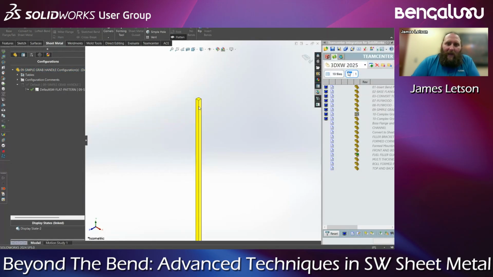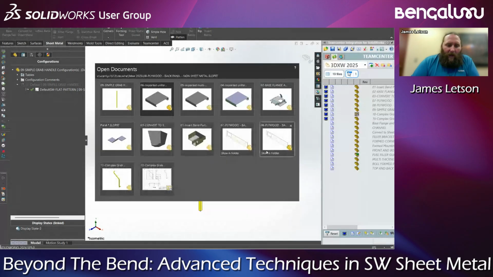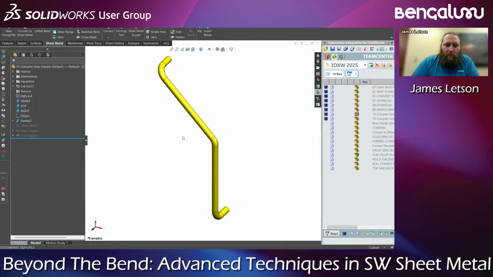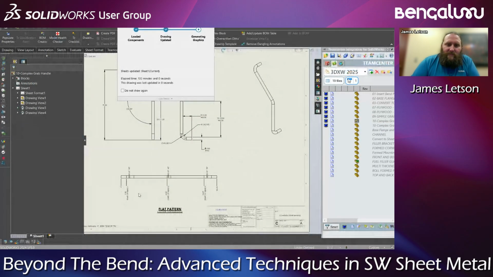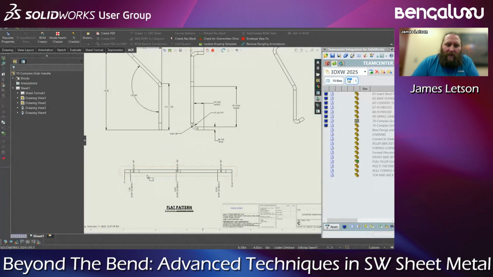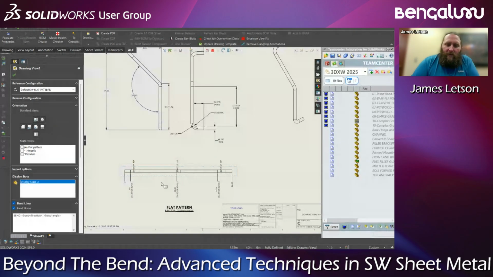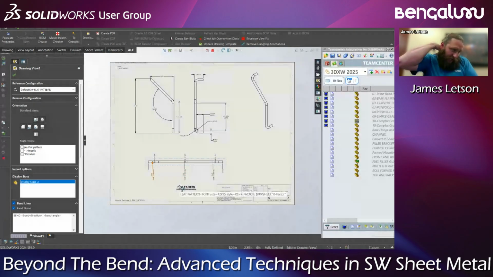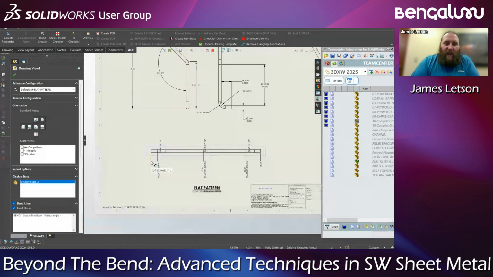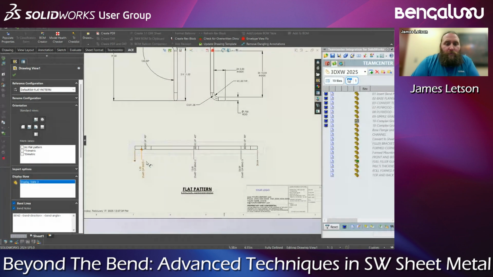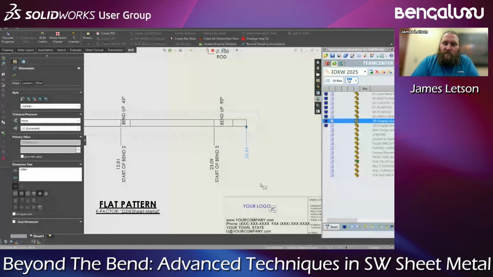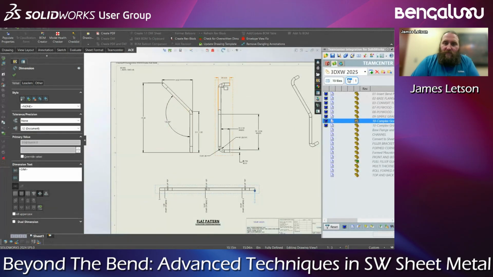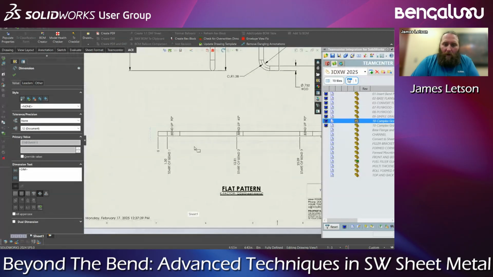Let's actually use this one because I have a print for it. When I get into the print, you can see I can put a flat pattern piece on the print. That way I can tell my fab shop the information they need to bend this. So now I can tell them, okay, when you cut this, you need to cut it at 26.64 inches long to get this exact shape, right? And then I can also tell them,